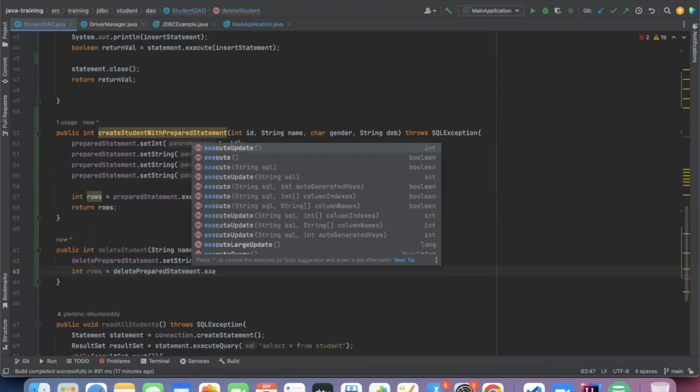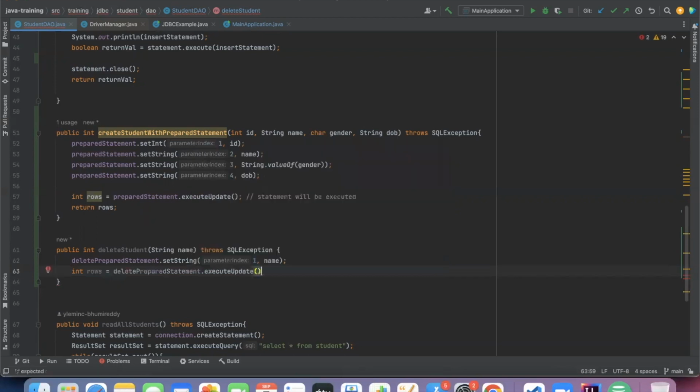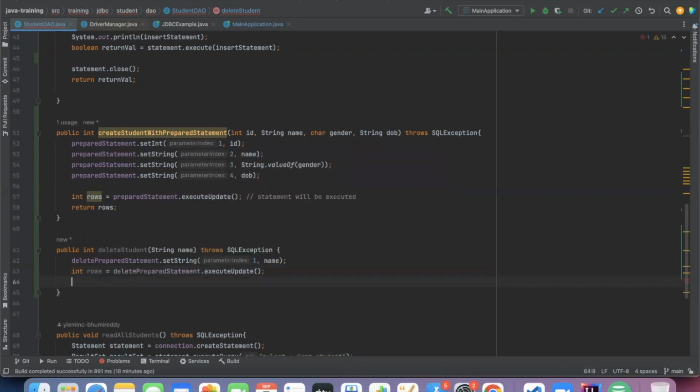I already told you, right? For all DML statements, we'll use execute update. So I'm using execute update so that it returns how many rows it has deleted. Return rows. Now in my test program,